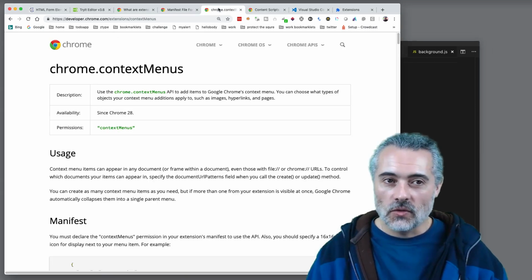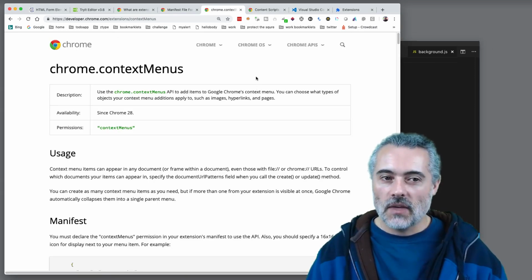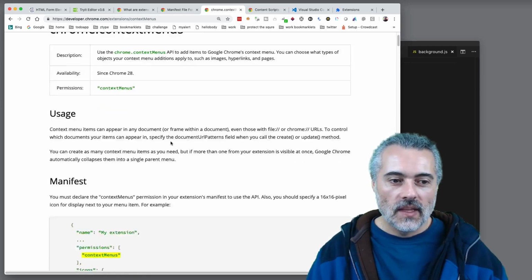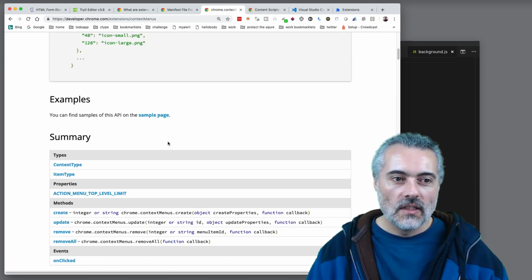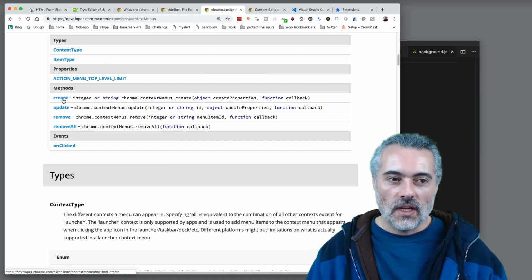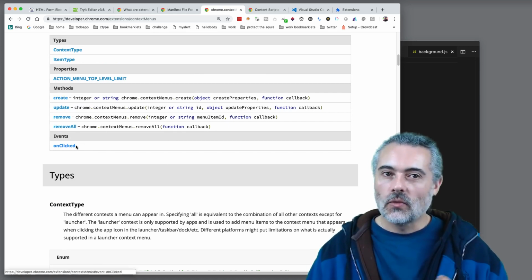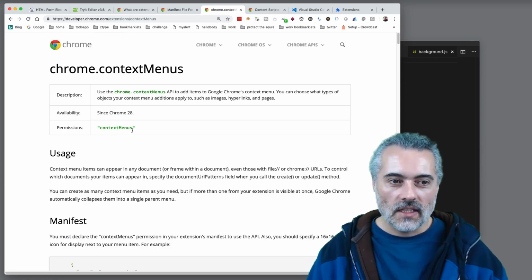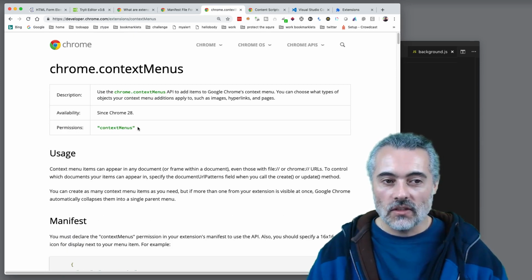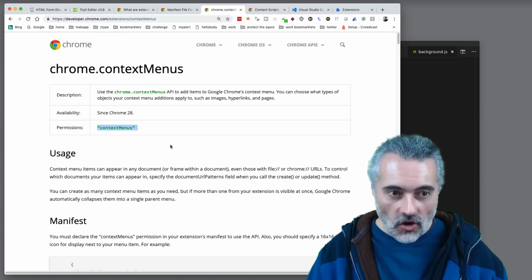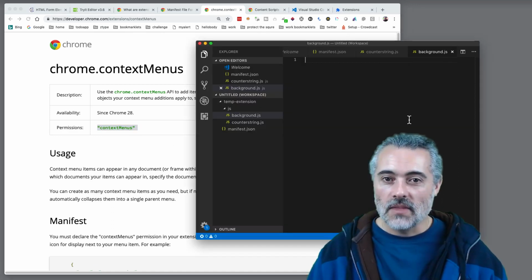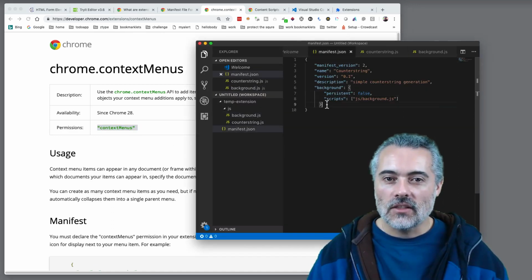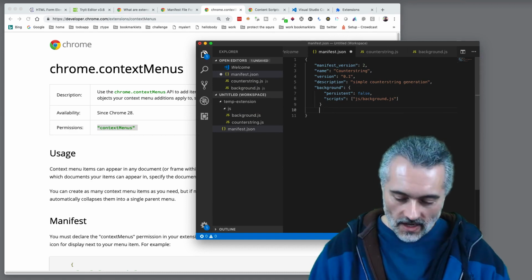So I can just search, how do I create context menus in Chrome, and it will show us. Now we can see here that the context menu has things like I want to create a menu, and we've got onClicked. We are going to use these facets, but also you can see here it says in order to do this we need to have permissions for context menus. That means in the manifest.json I need to have a